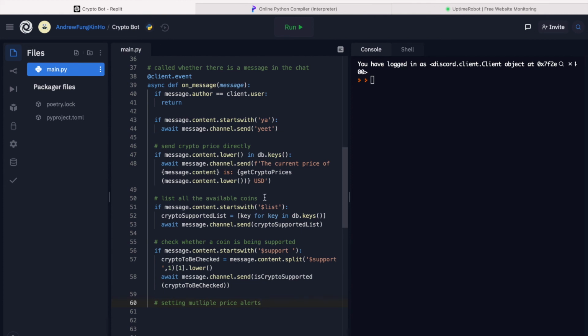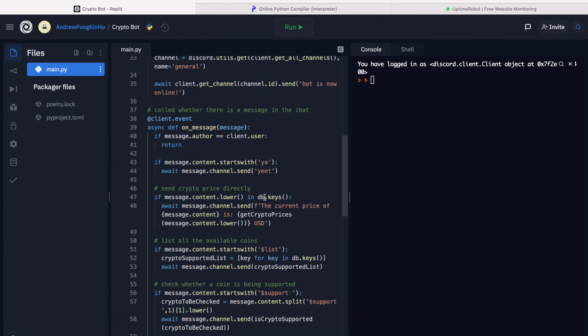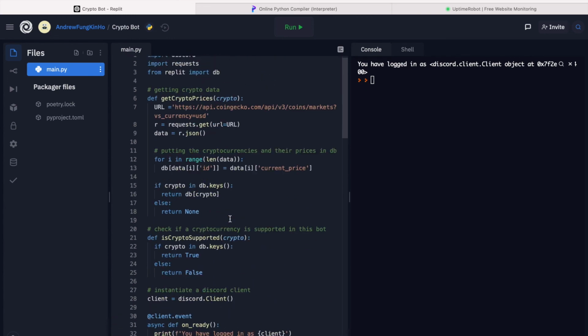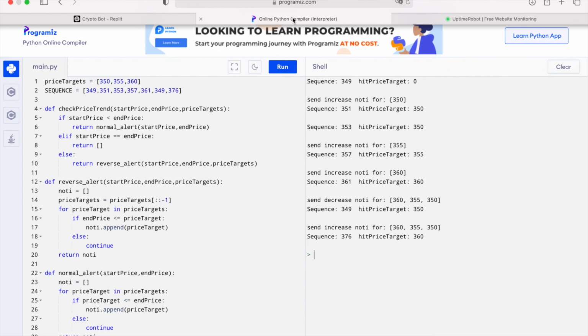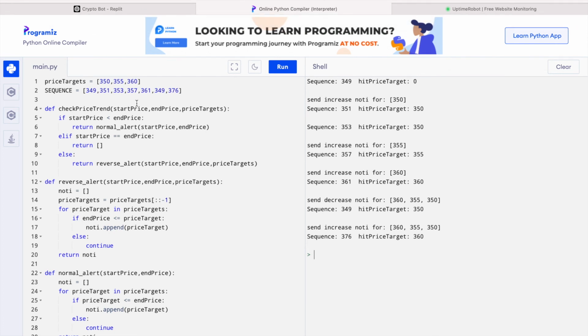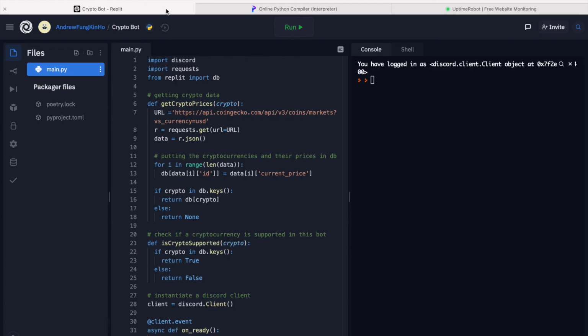So that's pretty much it for this tutorial. I hope that you guys learned something about the Discord commands, the messages, and most importantly I would say the scheduling price alert algorithm, which will only send price notification the first time it passes or falls below the price targets. So all the source code will be in the description, and all the links and relevant documentations will also be in the description.